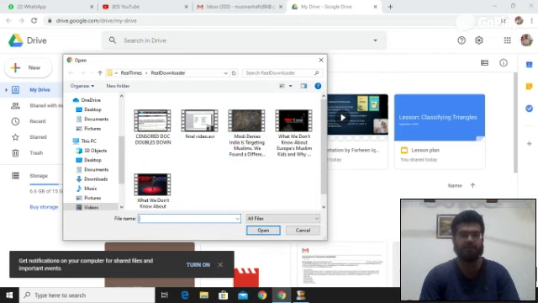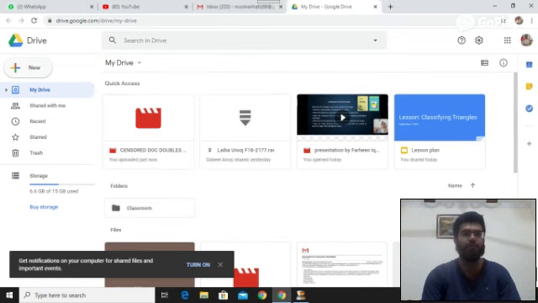So this box has opened. Now you can choose any file that you want to upload on Google Drive. So you know the location of your recording wherever you have placed it. Simply choose it, click on it and then click open.